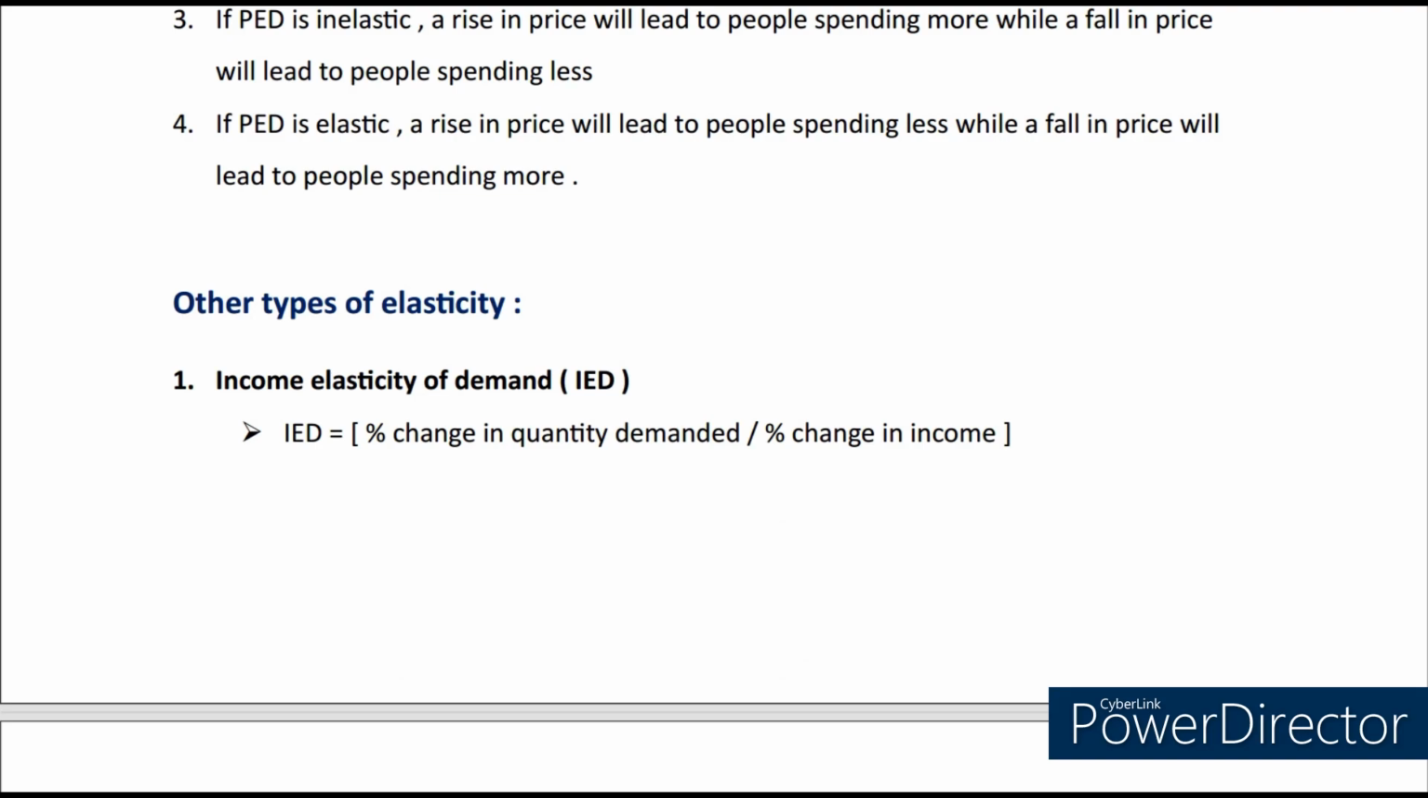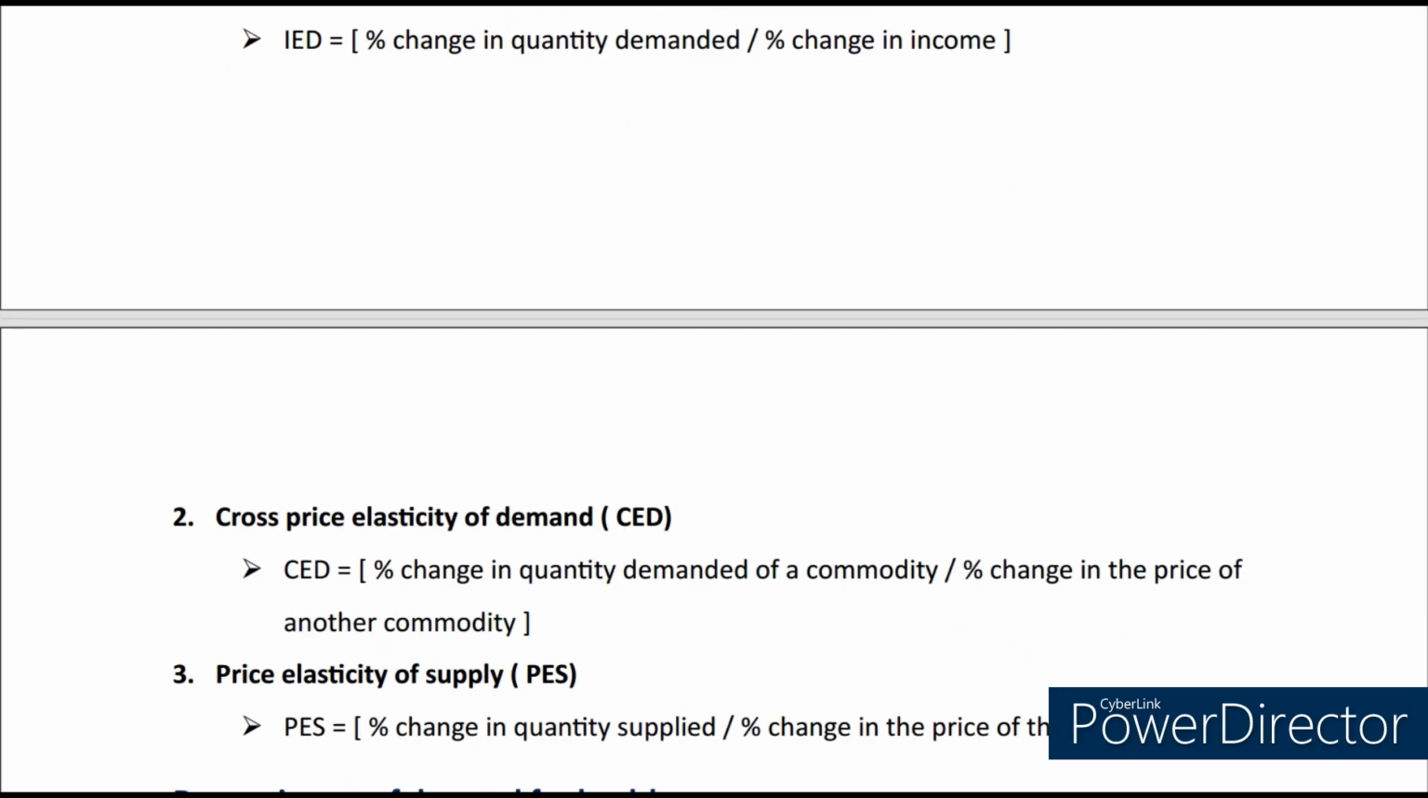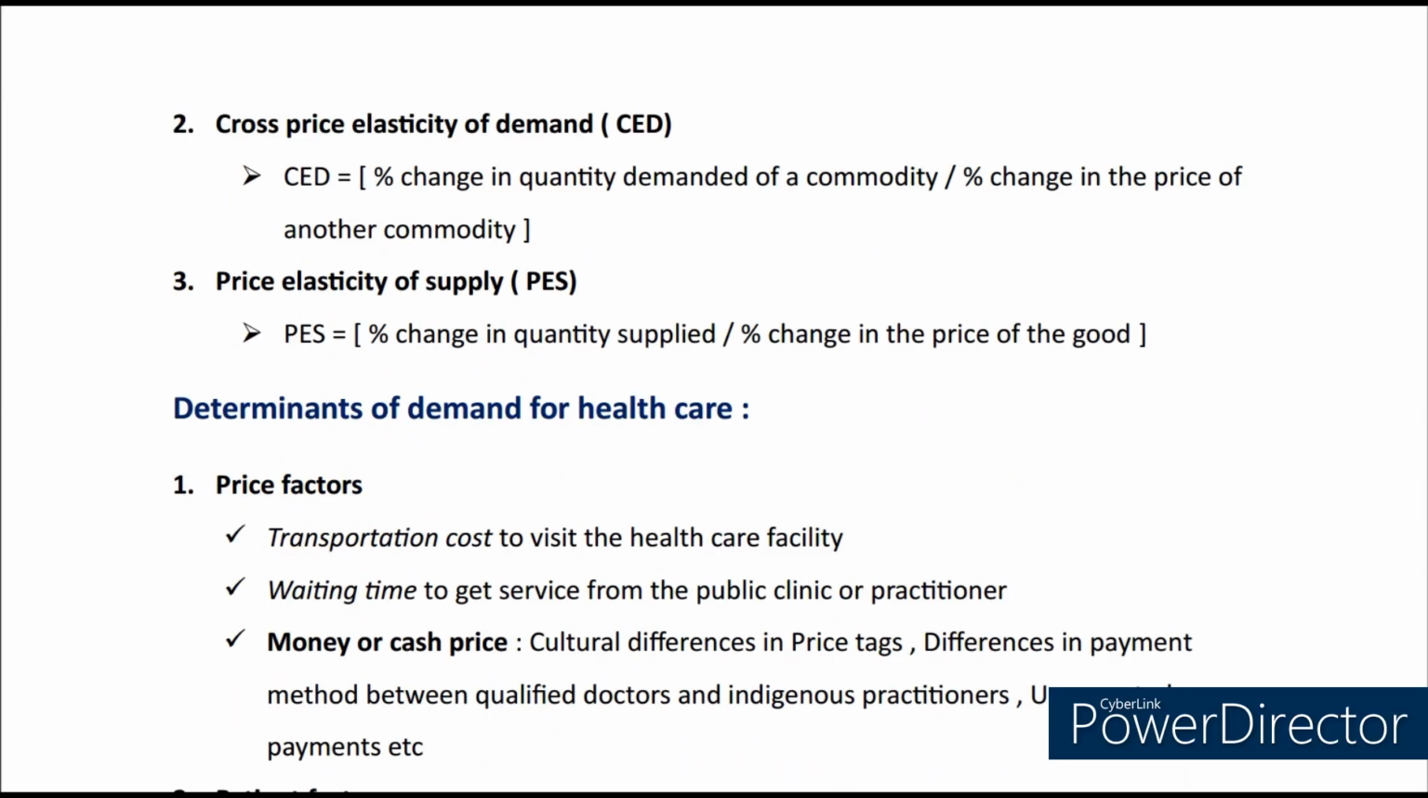Now coming to the other types of elasticity, one is the income elasticity of demand, IED, which is similar to price elasticity of demand, but in the denominator we take the percentage change in income. Second is the cross price elasticity of demand, where we compare two commodities, so in the denominator it will be the percentage change in the price of another commodity. And the third is the price elasticity of supply. In the numerator we have the percentage change in quantity supplied